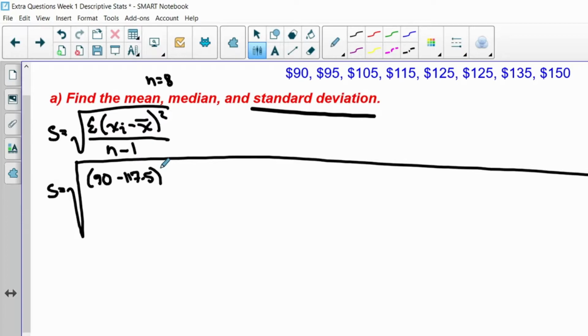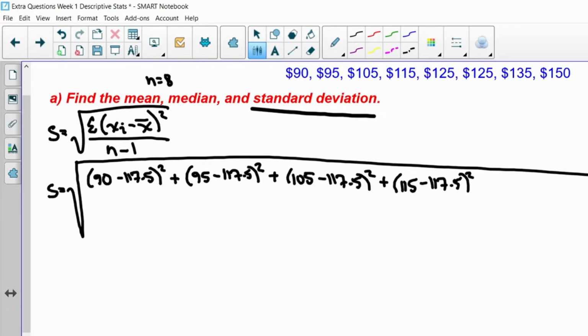And then that's squared. So that's what your work could look like. Plus 95 minus the mean squared, and so on and so forth until you get to the last one. I don't know if I'm going to run out of room, but I am going to do my best. The next one is 115 minus the mean